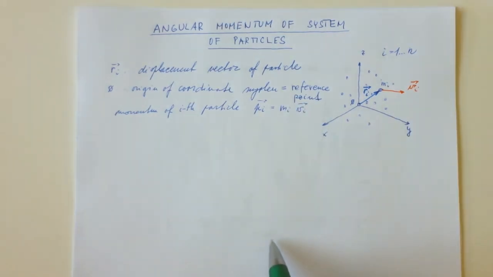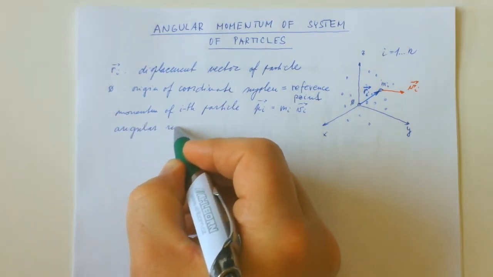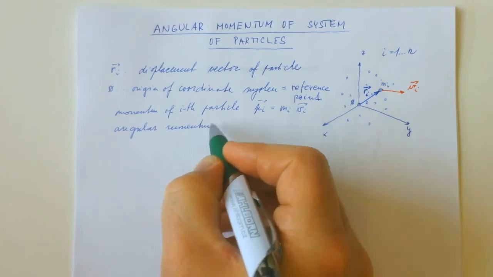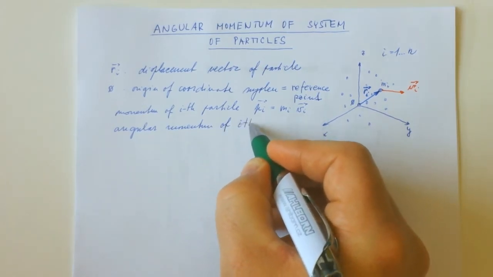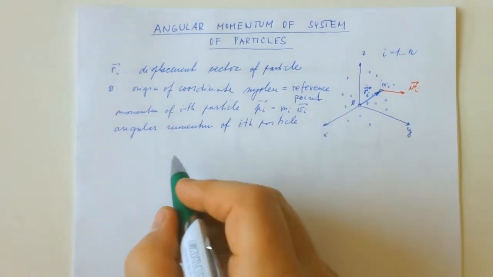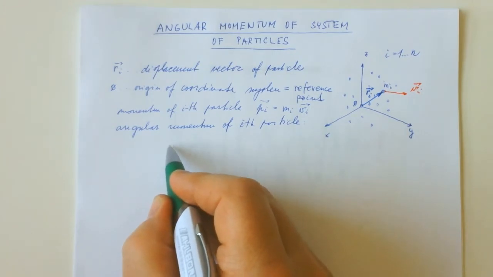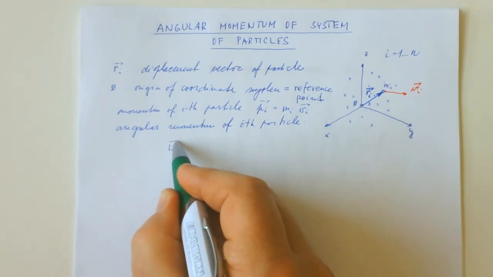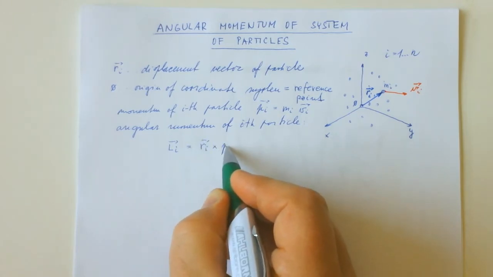Okay, and the angular momentum of the ith particle, let's denote it L, Li is equal to Ri cross pi,